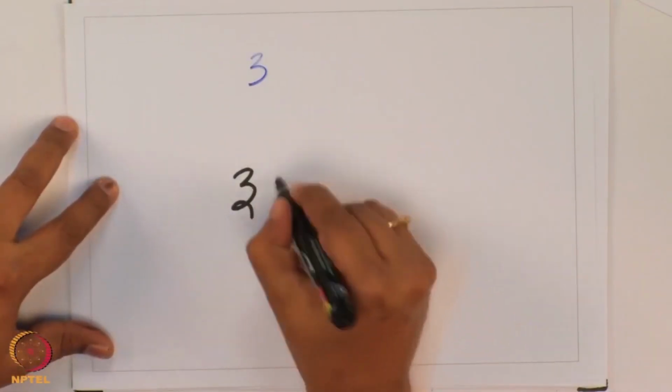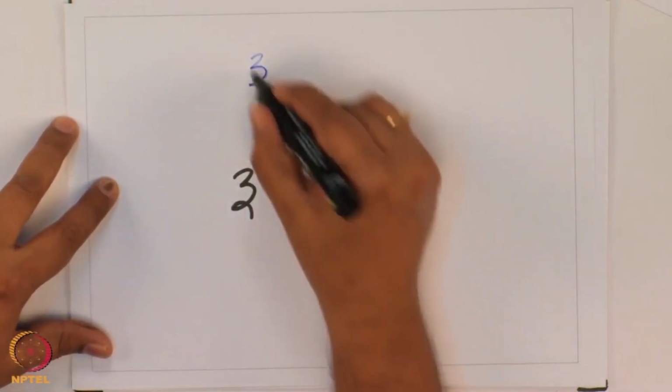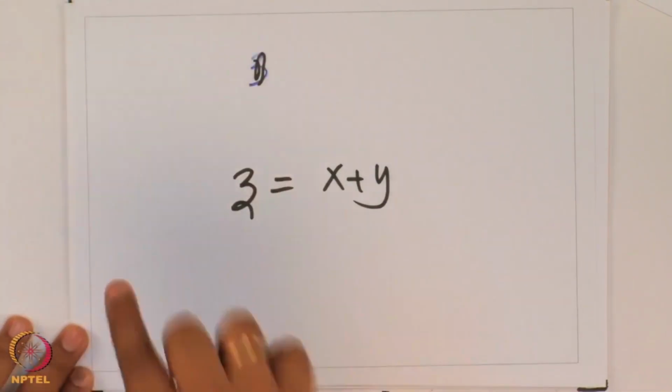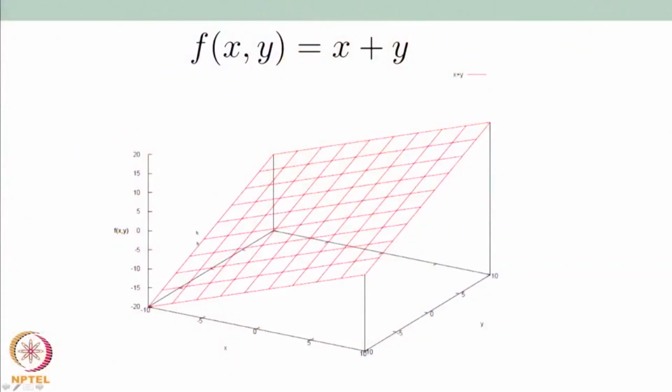So z is equal to x plus y. I can plot this as a 3D graph with x, y, and some appropriate z value. So x, y in the plane and a z value. And if I plot it, it will look like this, even though you might have some difficulty understanding it immediately, but you can think of